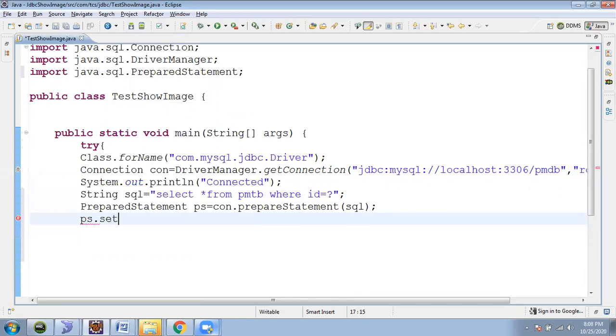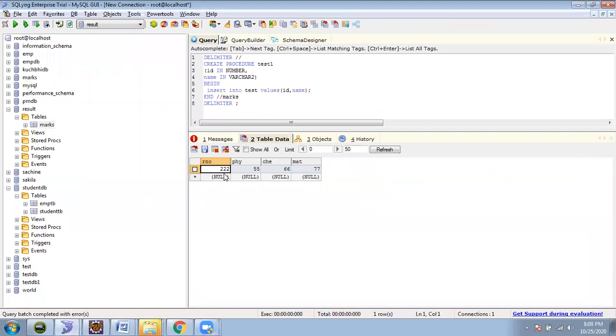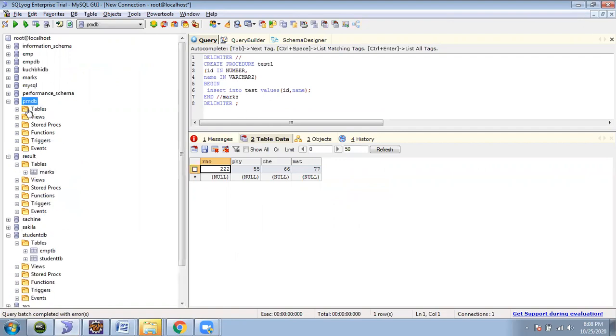That is the ID. Result set RS. You can see in SQLyog, I want to see PMTB, right?